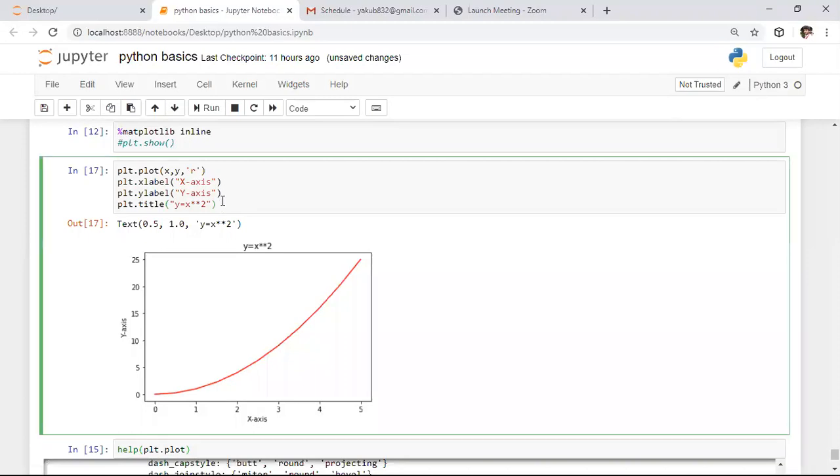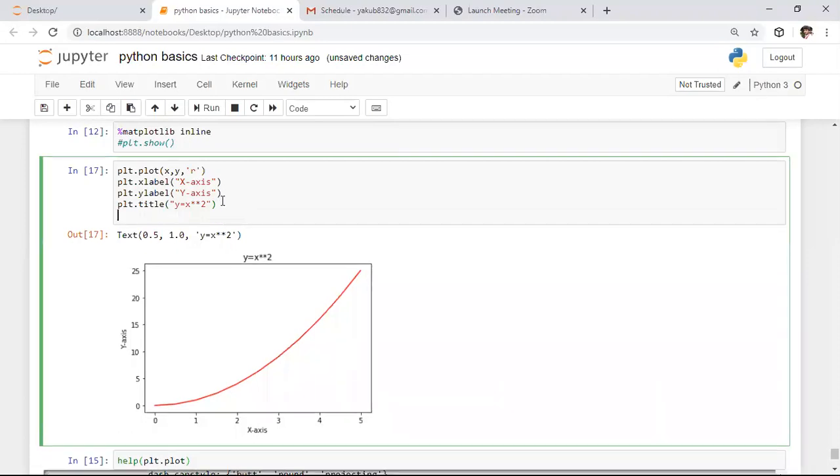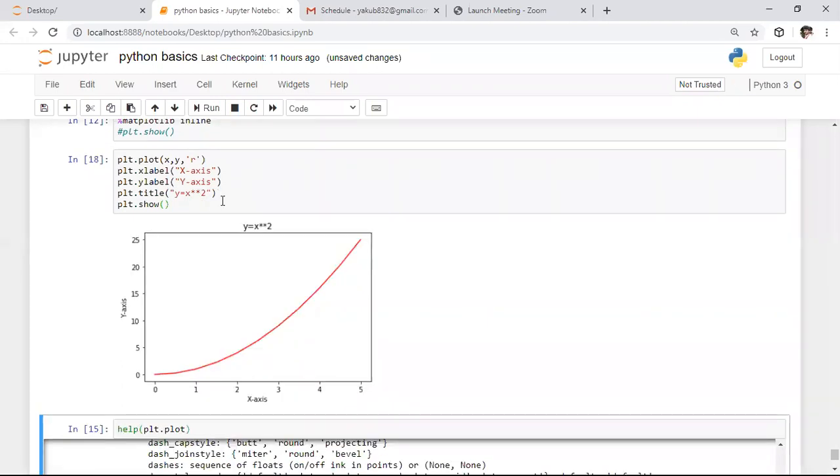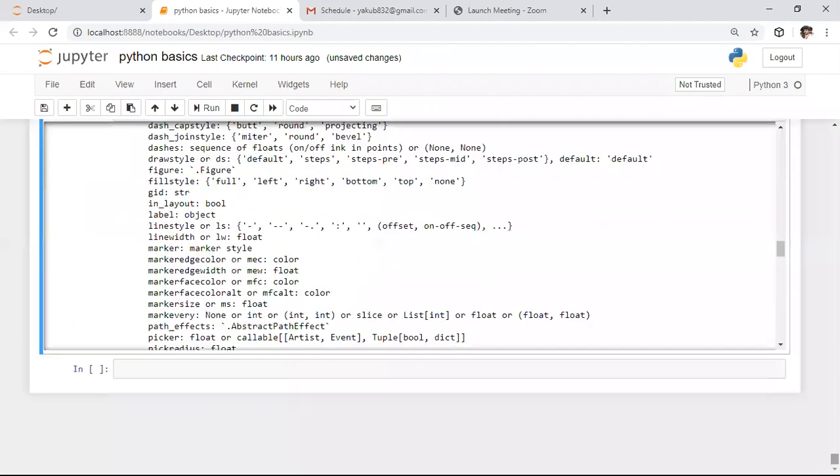Whereas if you want to plot the same graph in other platforms like IDLE or PyCharm, if you consider any other platforms, we need to use the show function. Whenever you want to plot the graph, we need to use show. So I'm using the show function here. Even if you use the show function here, it is not any error. Show is a function which is used to display any graph. So till here everything is clear to you, I think. After this, I will take one more example.